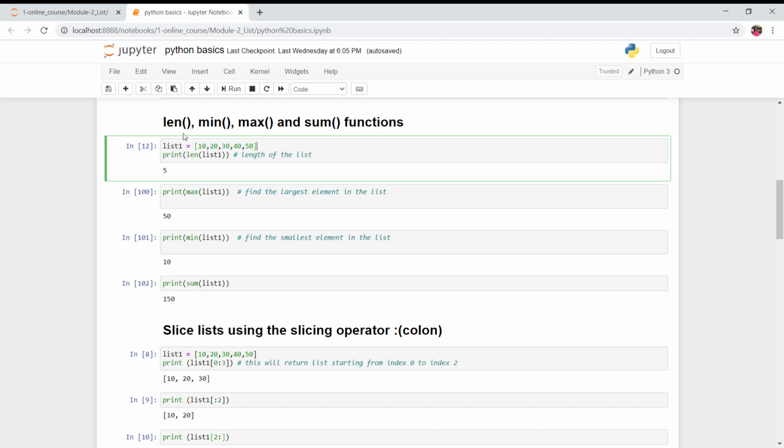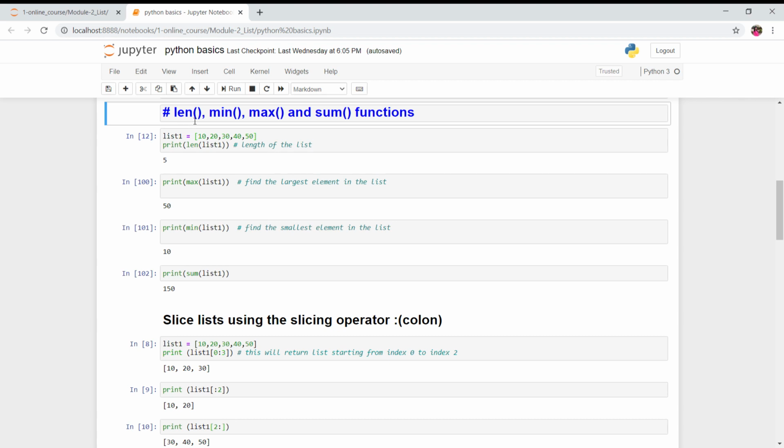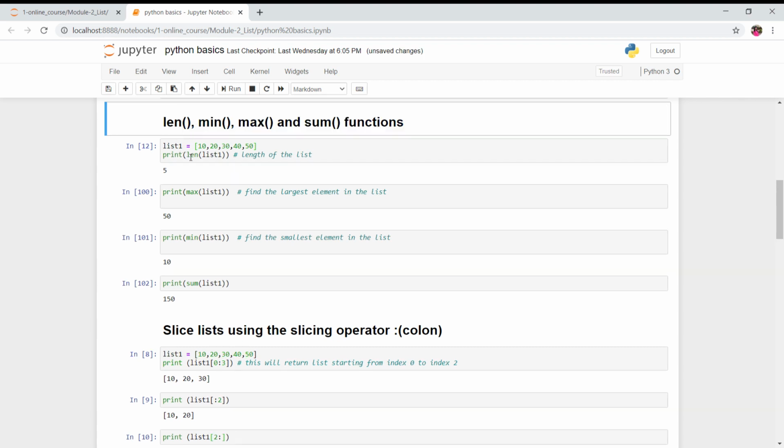If you want to use this function, you simply need to write len, the length method, and in the parenthesis write list 1. It is giving us output as 5. Why are we getting this 5? Because we have 5 items in this list.